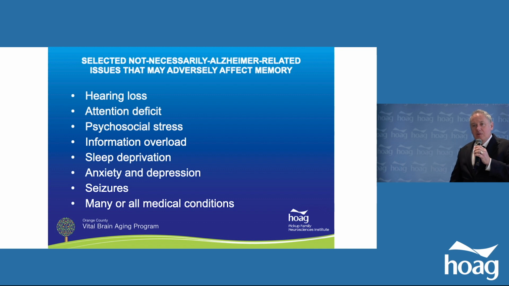One of the questions I get with almost every talk that I give about memory is, what do you mean by dementia, and what's the difference between dementia and Alzheimer's disease? So dementia essentially means you've got some kind of a progressive brain disorder that's adversely impacting a range or multiple cognitive abilities, and it's causing a need for assistance with your everyday activities. So progressive loss of multiple types of cognitive ability with a need for assistance in a broad range of activities,